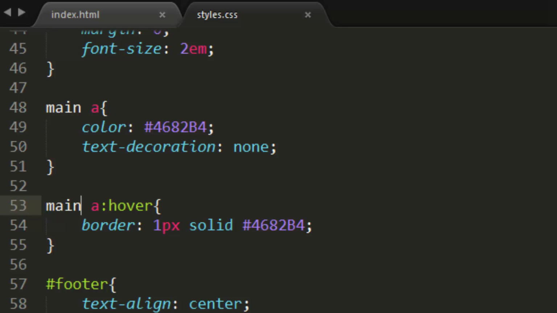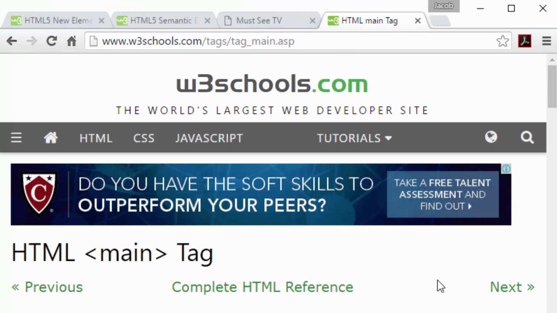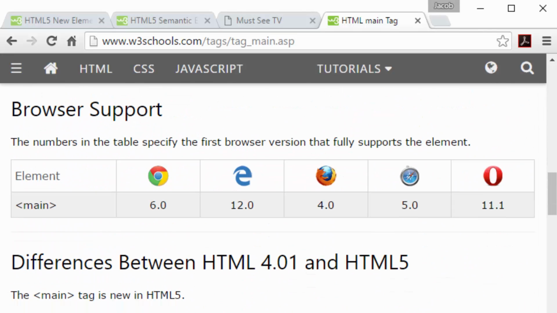This is likely because this element has less browser support and so was not defined by Sublime as an HTML element. Looking at the reference for the main element on W3 Schools, you can see that all current browsers now support the element. However, notice that version 12 was the first version of IE to provide support. Older versions do not. Note, IE through version 11 refers to Internet Explorer, and IE 12 and beyond refers to the Internet Edge browser that Microsoft developed to replace Explorer. So in this case, all versions of the Internet Explorer browser will not support the element.